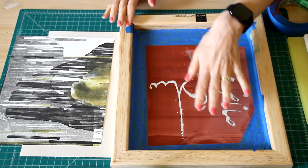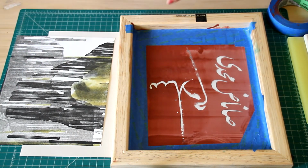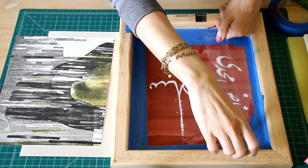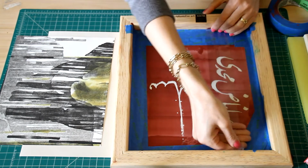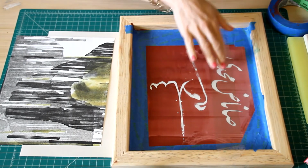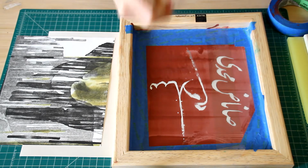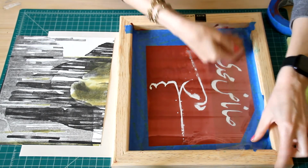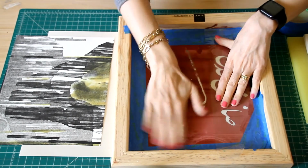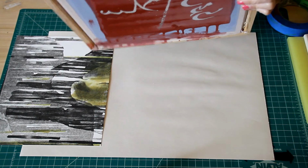Okay, so because as I said I'm going to print this image, I put clear scotch tape here because I want to protect this from the ink. Okay, so there we go. So it's completely masked up, and